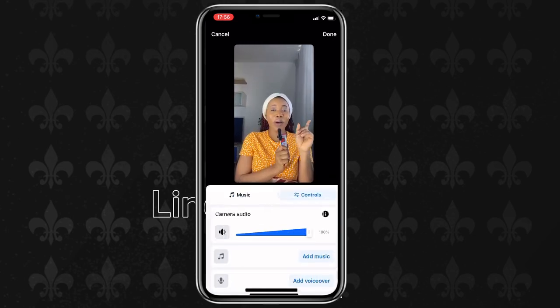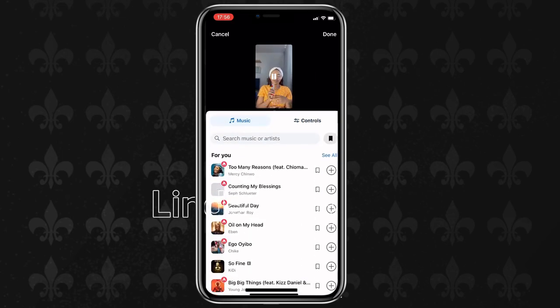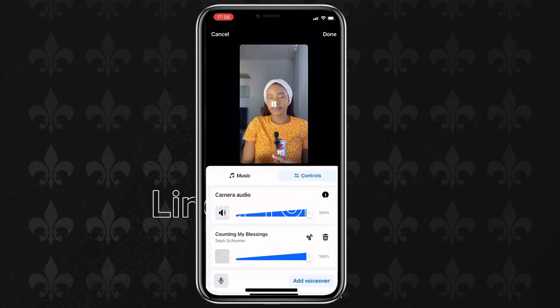For music copyright. So you can increase the audio, you can add music, and you can also do voiceover just like this. You understand? So you just do what you can do here. Then after this,